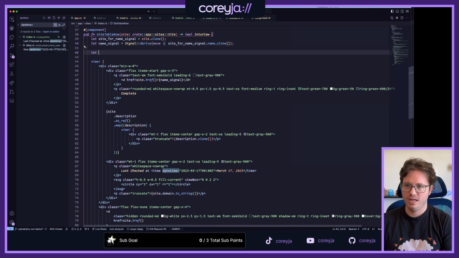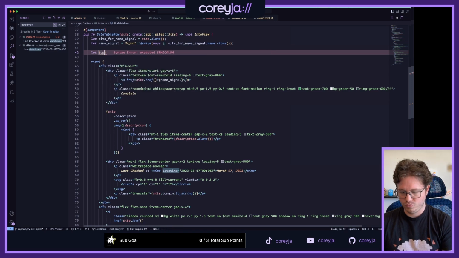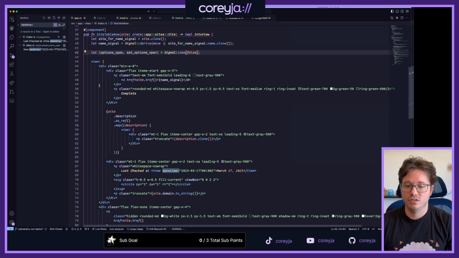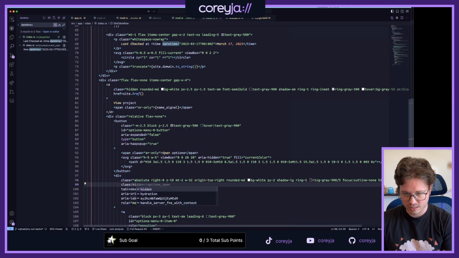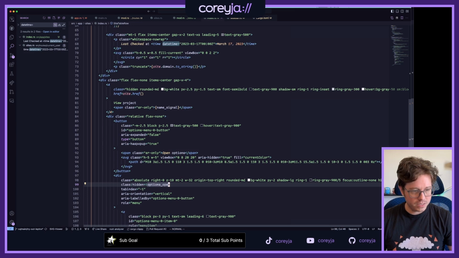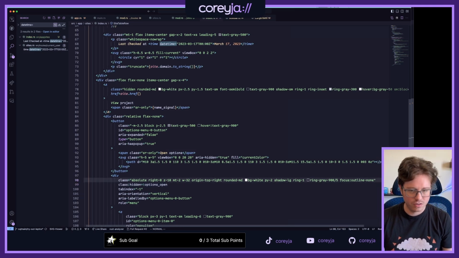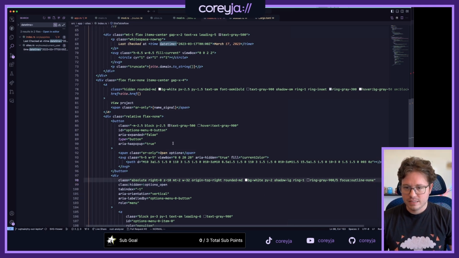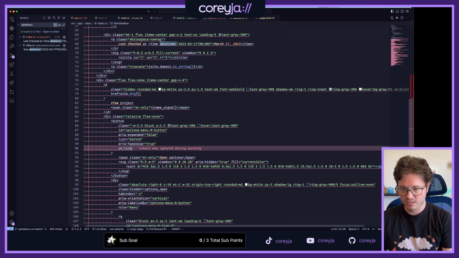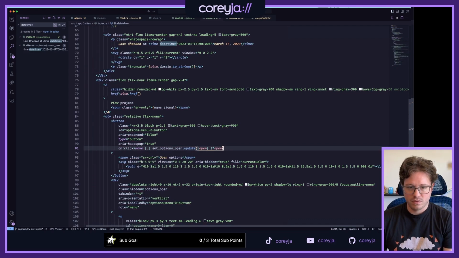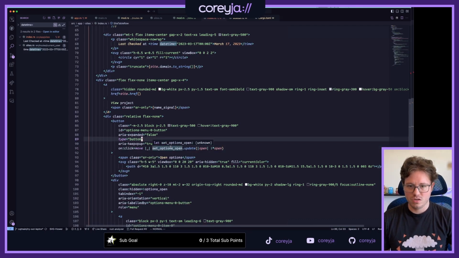Cool. Okay, so then we have a let options open, and set options open is a signal on false. So then here we can do class of hidden if it's not open, get rid of this here. And then this then becomes an on click that toggles whether it's open or not.